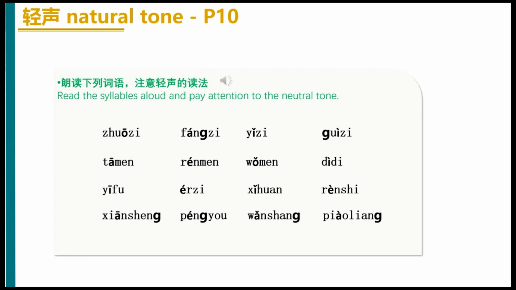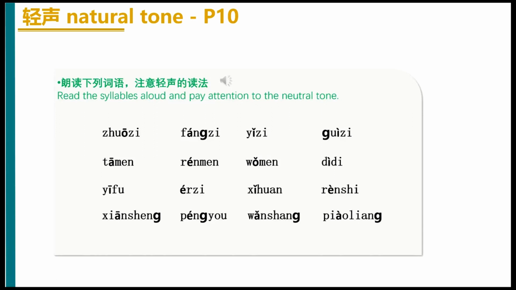桌子、房子、椅子、柜子、他们、人们、我们、弟弟、衣服、儿子、喜欢、认识、先生、朋友、晚上、漂亮。